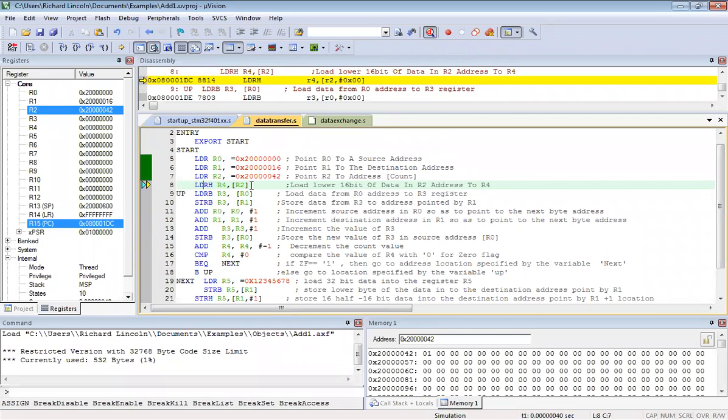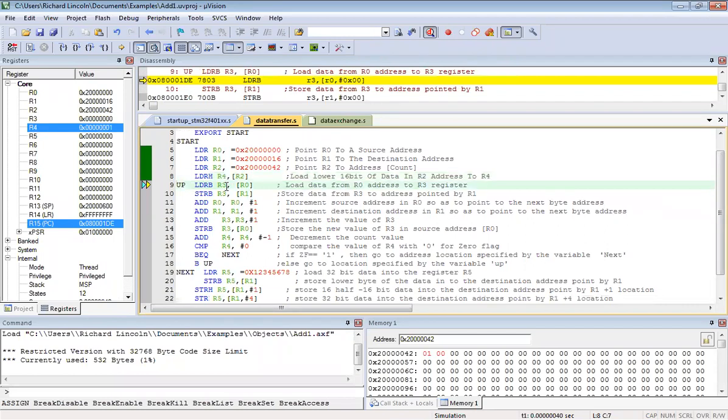So it is picking up some value from R2's address and moving that value to the R4 register. R2, if you remember what we had given, 5, 6, 7, 8, right? So that should be moving on to R4. So let me just execute it.